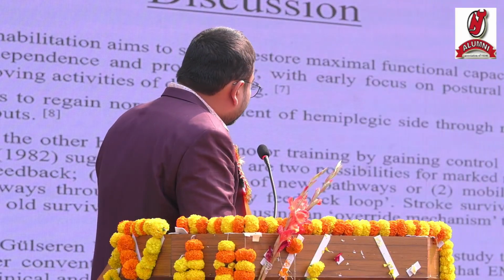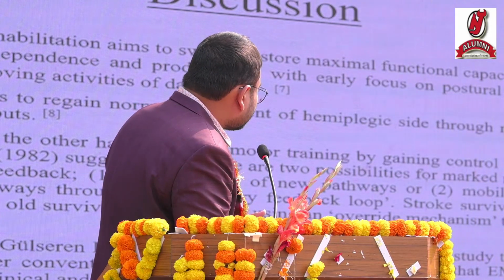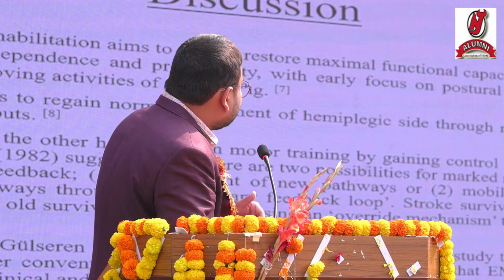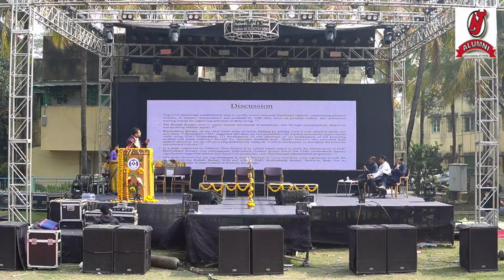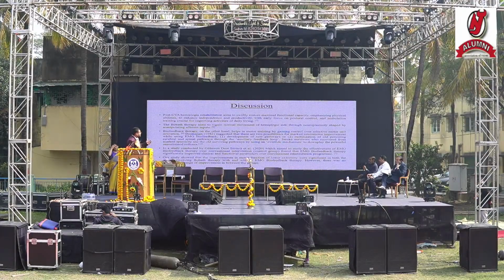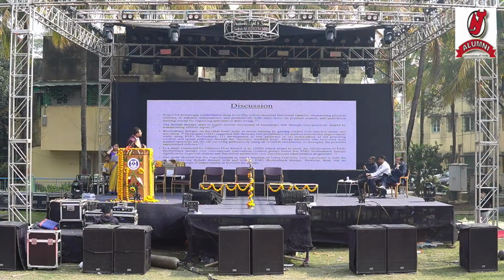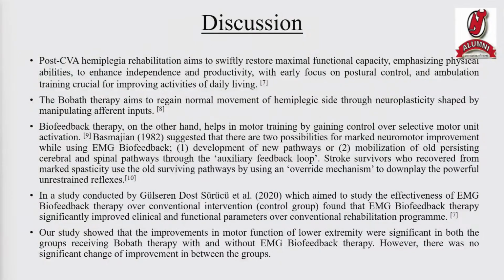Sir, 3 months, actually there was a study which suggests the early chronic phase, and 3 years also the late chronic phase. So I am basically taking the chronic stage of the stroke, and sir, in chronic stage there are studies that showed improvement with EMG biofeedback therapy and also Bobath therapy. So my target was to take the chronic people, because a lot of studies say that in chronic phase it is kind of impossible to improve a lot, but with my study I have also seen that in chronic phase, if we do Bobath therapy and EMG biofeedback therapy properly, there is a significant improvement in patient lower extremity function.